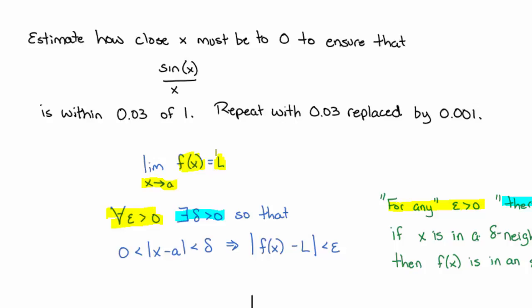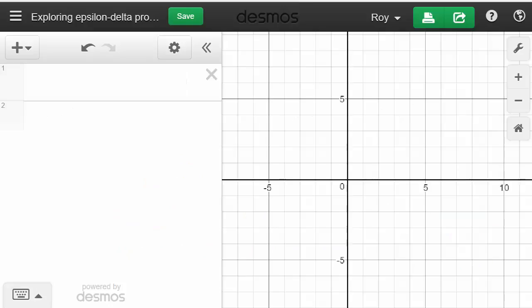So what I'm going to do right now is go ahead and visualize this, first of all, using a graph, because this cannot actually be done very easily, in fact, at all, using an epsilon-delta proof for a limit, but we are visualizing the epsilon-delta proof with this example because it's a very famous example and it's good to see this. So what I'm going to do is graph the function sine of x over x using a free online website called Desmos. So what you're visualizing right now is just the website